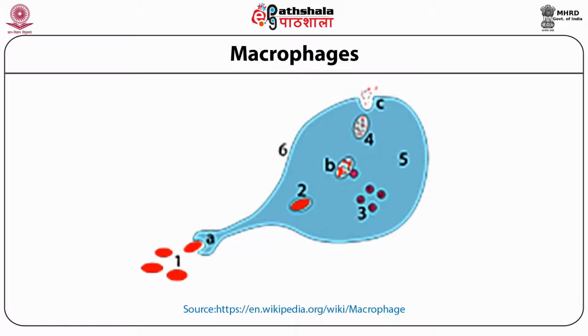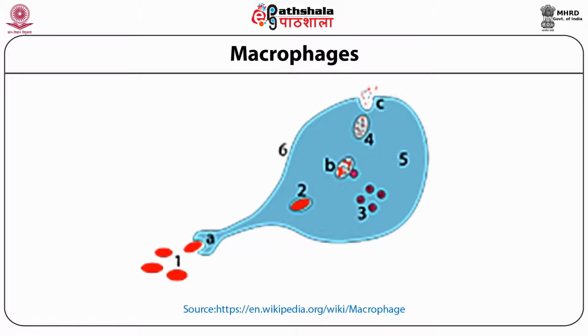Once it is taken up by the macrophage or the phagocyte, it then enters into the body of the cell and forms the endosome. And the third step is the fusion of this endosome with the lysosome. Here the disintegration of antigen will take place, or we can say the digestion of antigen will take place, and